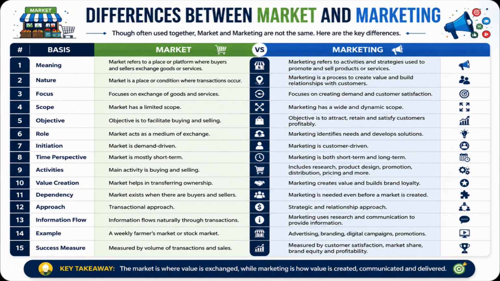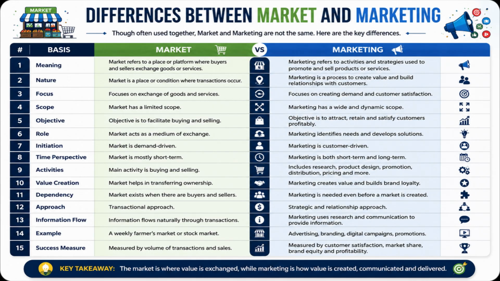Number 6. Market acts as a medium of exchange between buyers and sellers, whereas marketing identifies customer needs and develops suitable solutions. Number 7. Market is generally demand-driven, whereas marketing is customer-driven and aims to influence demand. Number 8. Market is often viewed from a short-term transaction perspective, whereas marketing focuses on both short-term and long-term business